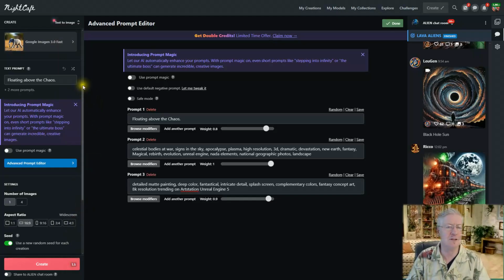All right, so let's look and see what text prompts I'm actually using. For the text prompts, I'm using floating above the chaos. That's going to be having a weight of not 1 but 0.8. The second prompt is celestial bodies at war, signs in the sky, apocalypse, plasma, high resolution 3D, dramatic, devastation, new earth, fantasy, magical, rebirth, evolution, Unreal Engine, nada elements, National Geographic photos, landscape.